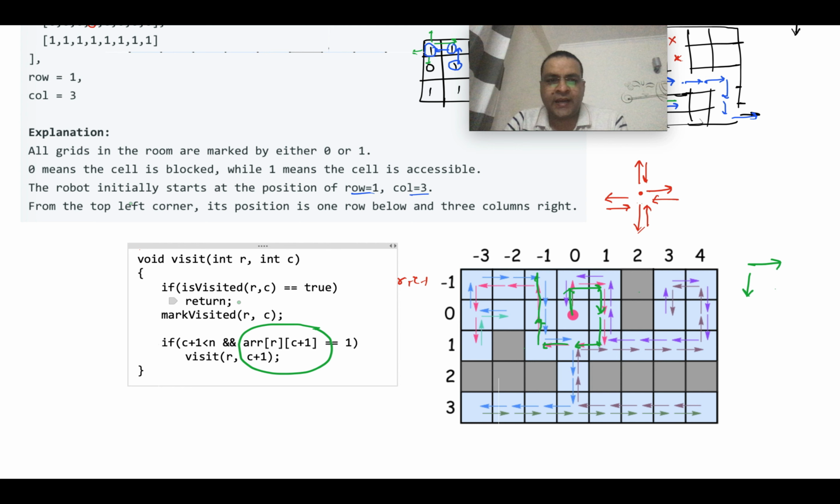But even if we are visiting it, it will be 4 into n square. So it is on the order of n square time complexity. Does it make sense? You understand why it is on the order of n square? Because at each cell, we are taking constant complexity.